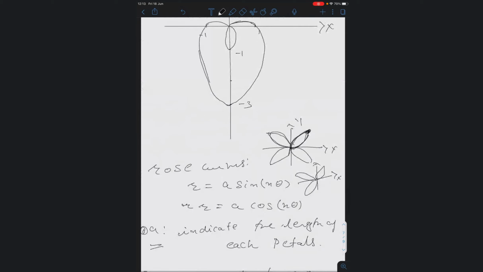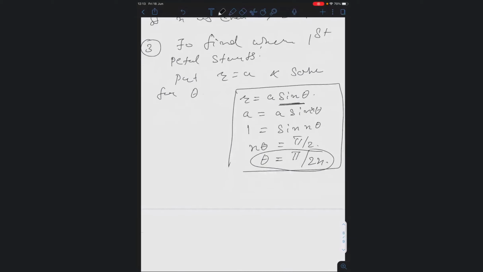So once you draw the first petal, you need to get the remaining petals also. To what extent you will rotate and get the next petal, that will be calculated in this manner. Next point: the rotation of petals, I mean the remaining petals, you will draw with a difference calculated by 360 by the number of petals. Here in the denominator I have not written n. Remember this, I have written the number of petals. So if n is odd you will get n, but if n is even you will get 2n in the denominator. Understood? Yes, ma'am.